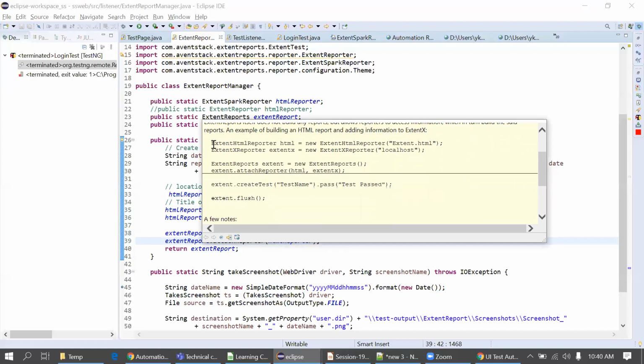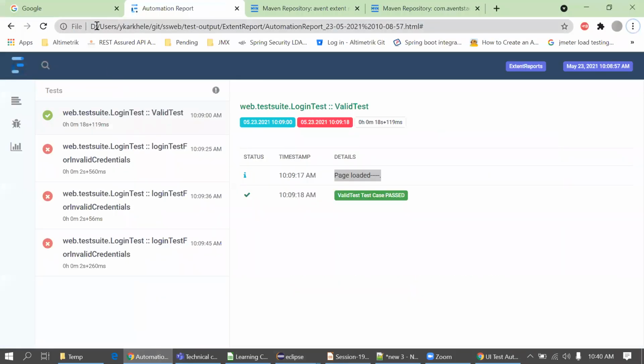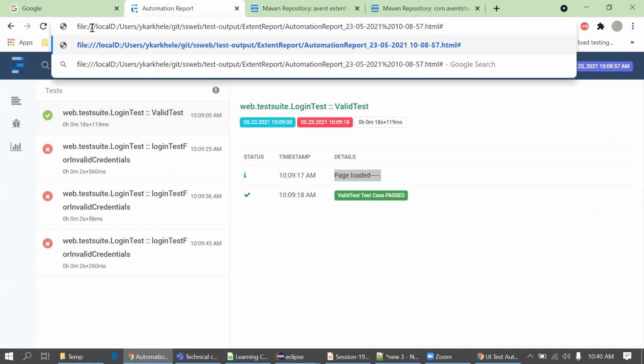Okay, so this is the first line. There is no path provided, so it will just create it at the root. And forget about the second line. If you write the second line, when we open the report, it will open in this format. Suppose this is my path, it will open on localhost.